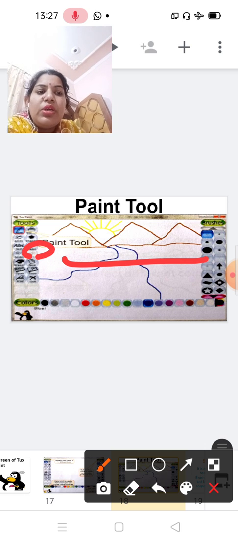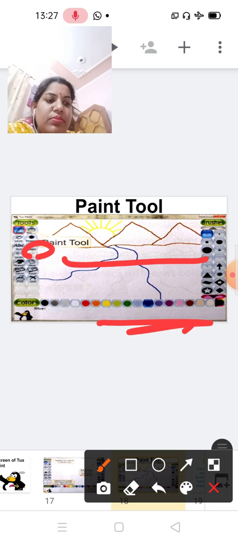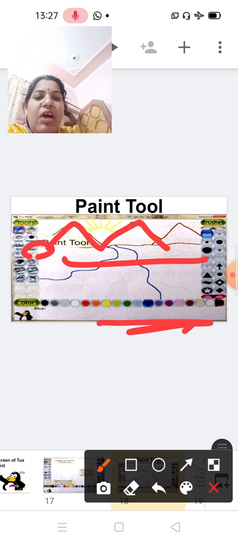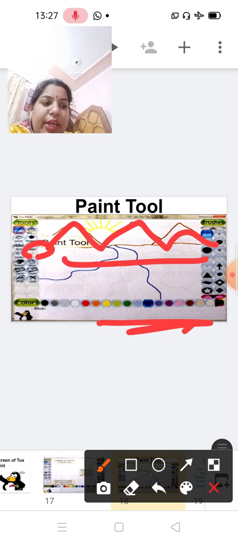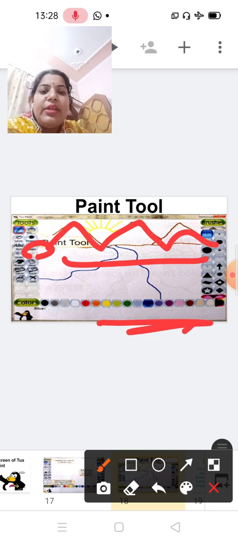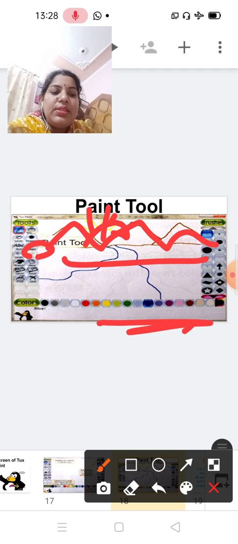Select the brown color from the colors and draw a few mountains. You can draw the mountains at the upper part of the drawing canvas. Now choose the yellow color to draw a small sun behind the mountain.